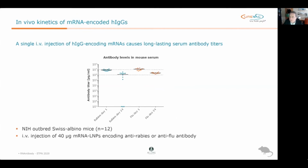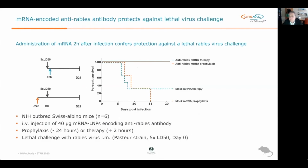In the next step, we went into a lethal virus challenge model, and we had 2 different modalities for how we tested the messenger RNA for functionality. The first setting was a prophylactic passive immunization of the mice, where we treated the mice 24 hours before viral challenge with the messenger RNA encoding the anti-rabies antibody, giving the body the possibility to produce the antibody and have it already circulating in the animal when the virus